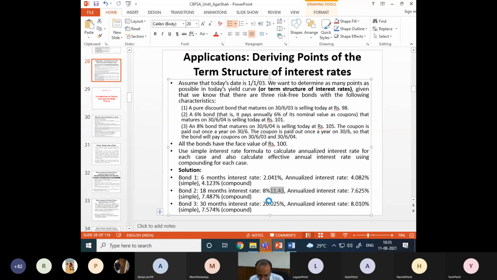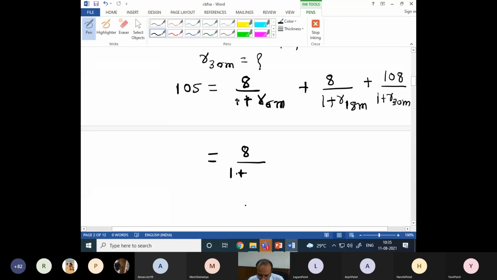So let us use these values: 0.02041, plus 8 divided by 1 plus 0.11438, plus